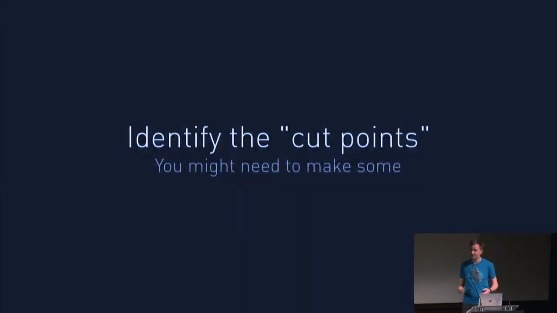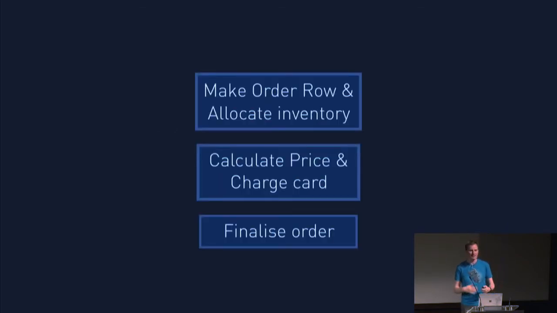The first thing to do, and the most important thing to do, is work out where you're going to slice it up. What are you going to turn into services? As I said, in Django projects, the apps are generally a good idea if you've kept a clean app schema, but it might be something a little bit harder. Here's a very vague example from Eventbrite's history.